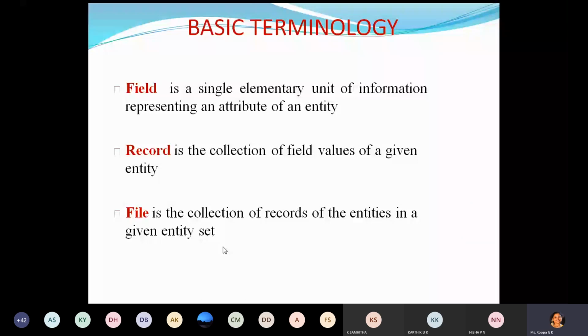That is, a field is a single elementary unit of information representing an attribute of an entity, a record is the collection of field values, and a file is the collection of records of the entities in a given entity set. Clear now? Field is the elementary unit of information. Record is the collection of field values, and file is the collection of records.